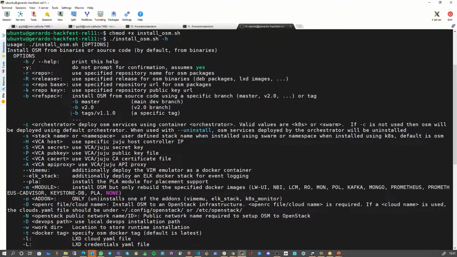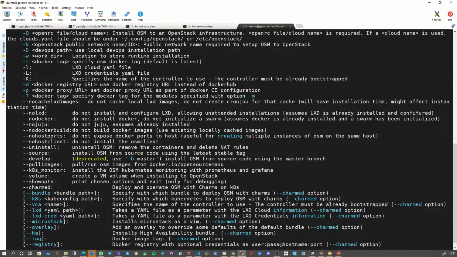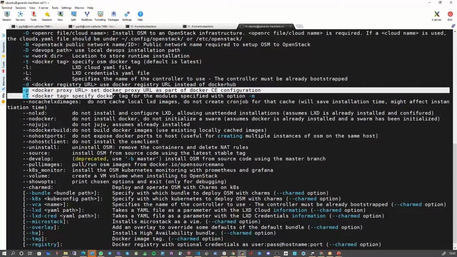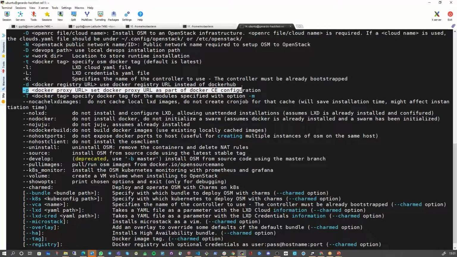The one option that I'm going to use right now is this option here, okay? Dash P, Docker proxy URL, is to set the Docker proxy URL. Since we are going to download different images from Docker Hub,